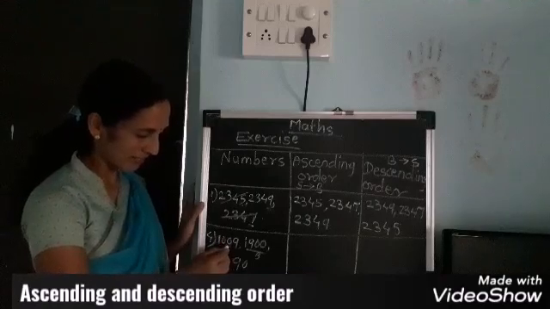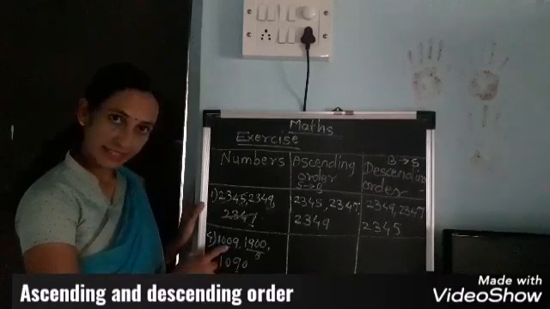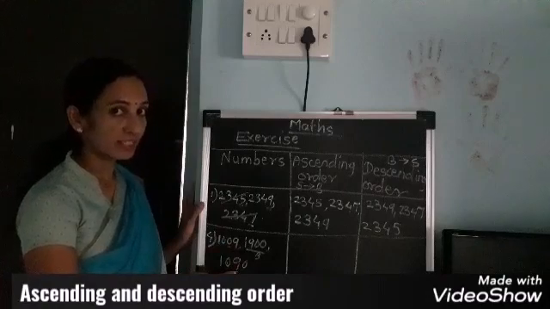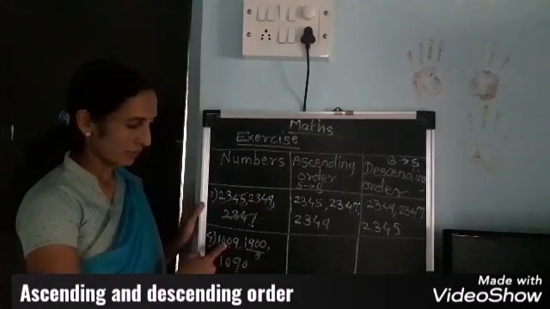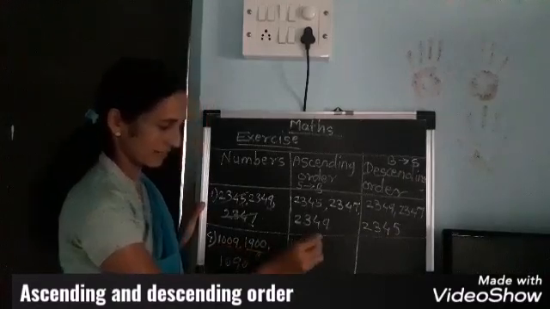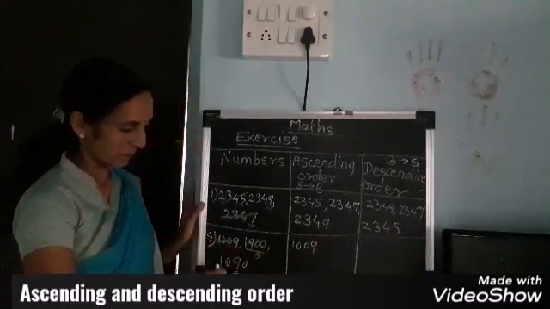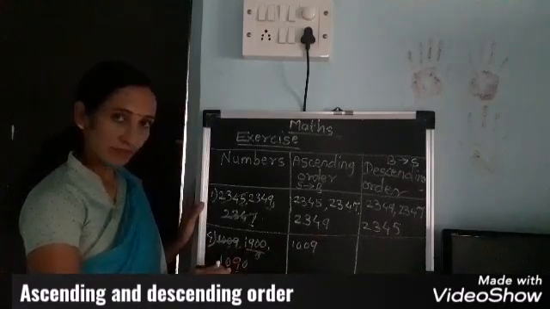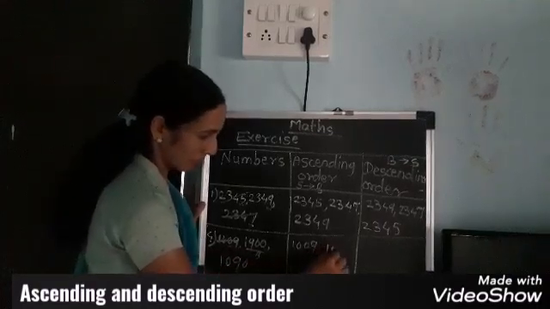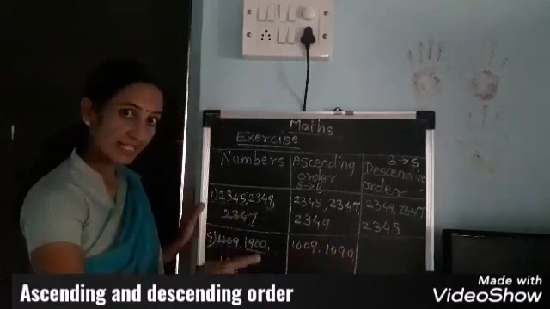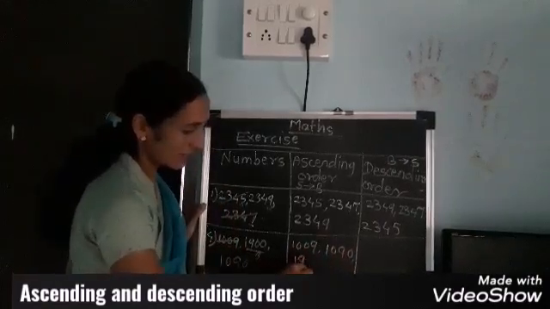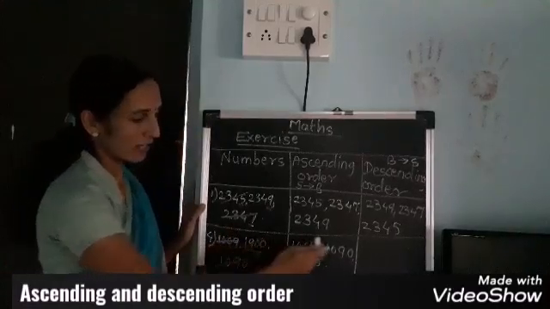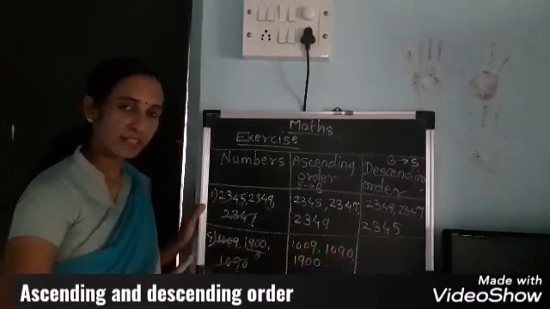Now next place we will see. Here 0 and here 9. In the tens place, in this number 0 is there and in this number 9 is there. Then which is the smaller number? Of course this is. So this number you have to write first because it is the smallest number. Now cut it. Now which is the middle number? This one. And the biggest number in ascending order we have to write at last. Got it? Yes. You can cut numbers also. Once you have written the number, you can cut it to avoid your confusion.